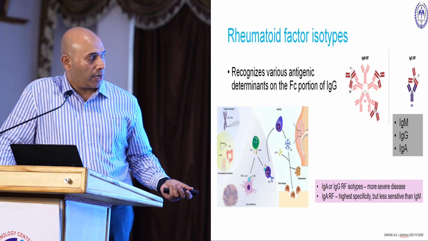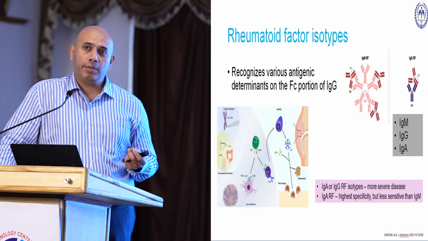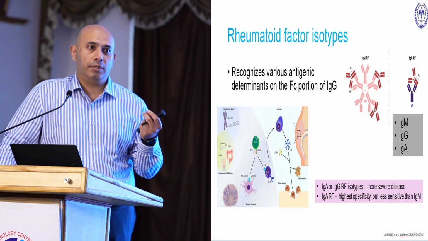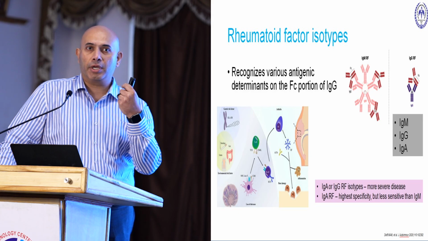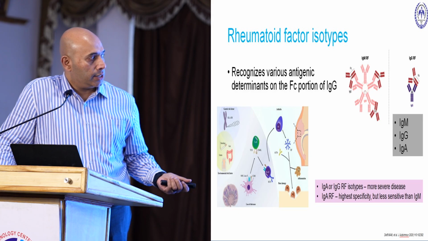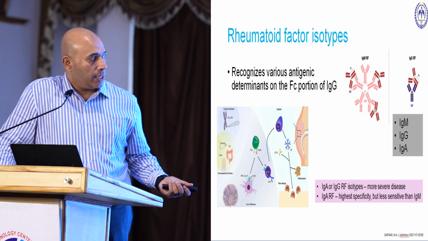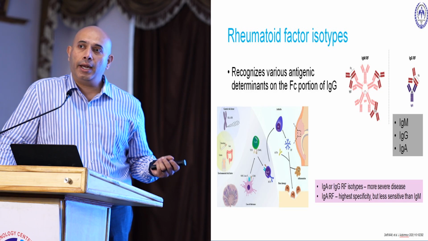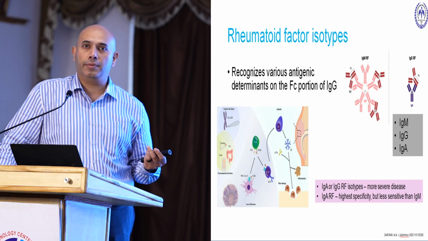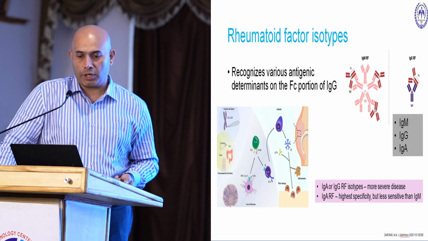However, because of the lower sensitivity, and always remember that when we have to pick up a disease, the test has to be highly sensitive. That increases the pickup rate, so that's the reason why we use IgM rather than the IgA or IgG isotypes. Both these IgG and IgA can have severe disease phenotypes if you look at it from the rheumatoid arthritis